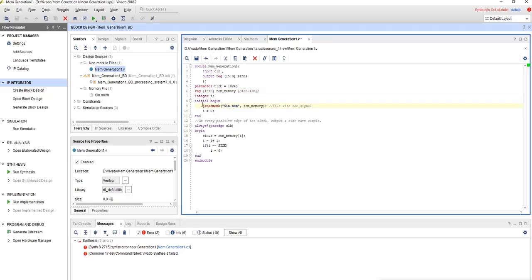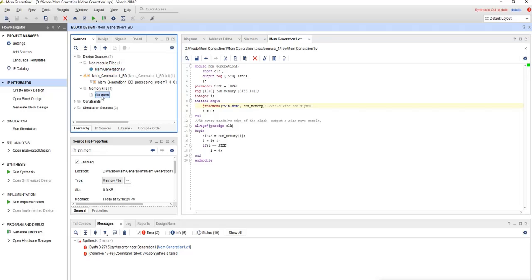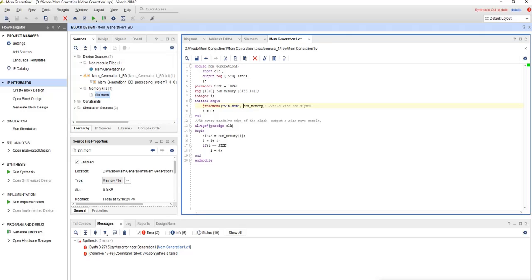Here this is the main command which will be reading the memory file in our application. This is a readmemh, and sine.mem is this memory file. So we will be initializing it as a ROM memory.